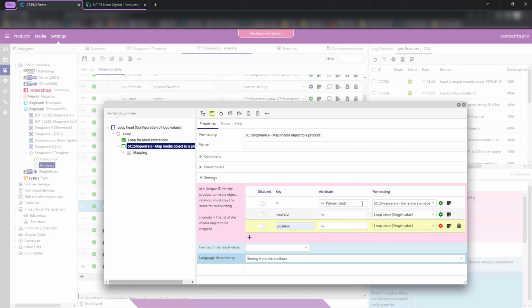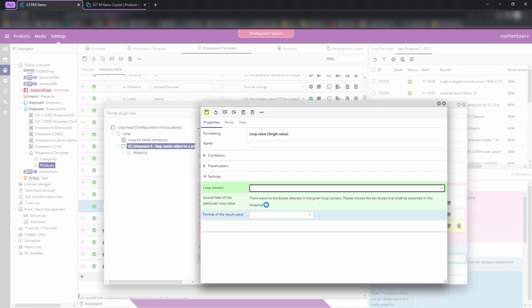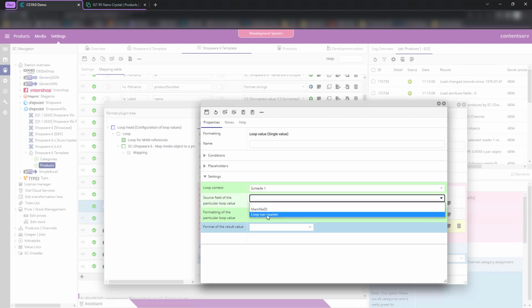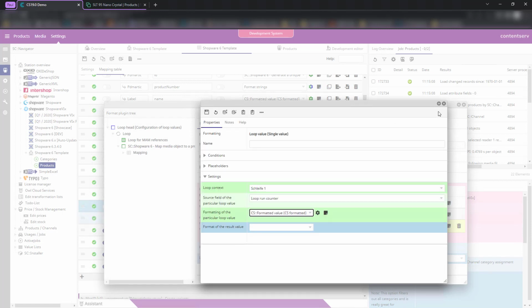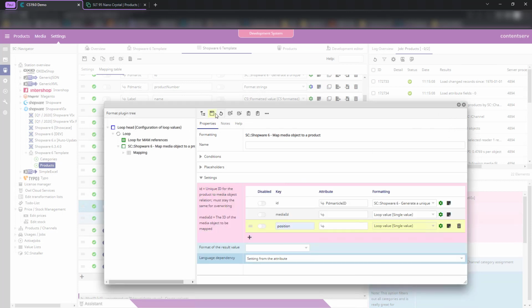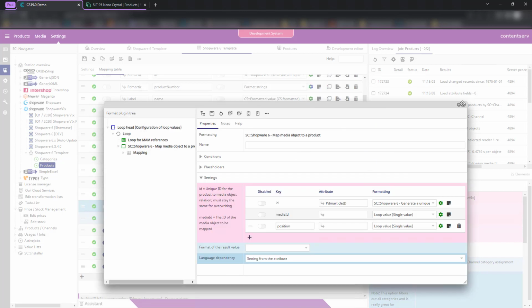It is looping over all the images, and then it should just use the loop counter. So here, loop run counter with the CS formatted value, and that means that it just counts as often as it loops through the images. It gets more complex with the position, of course, if you use more